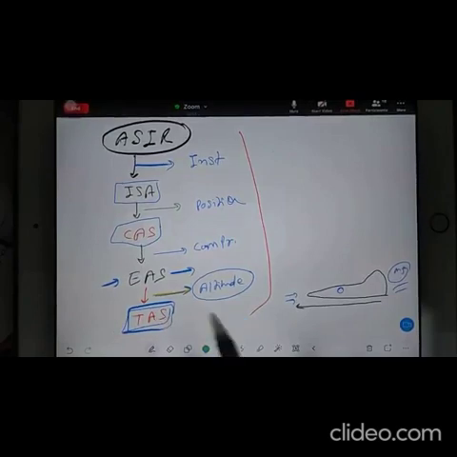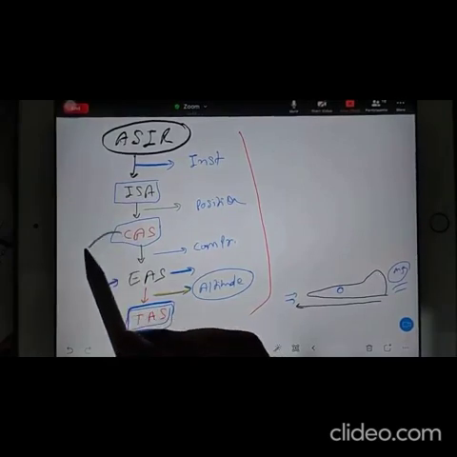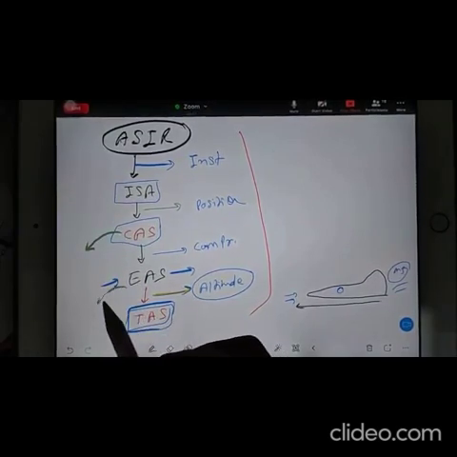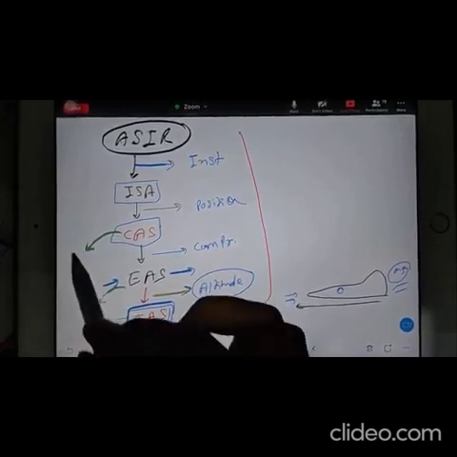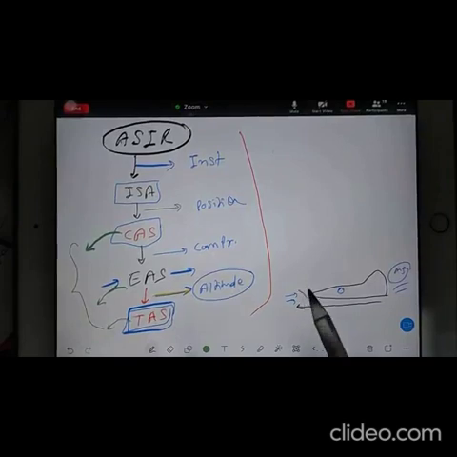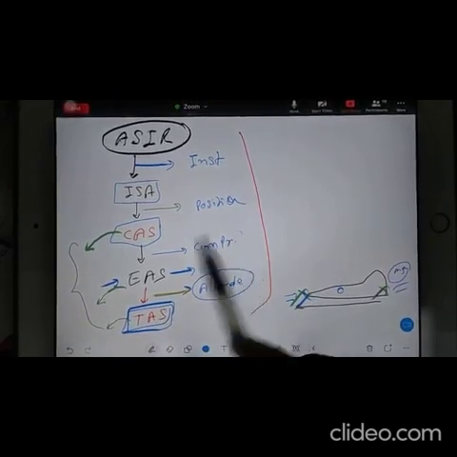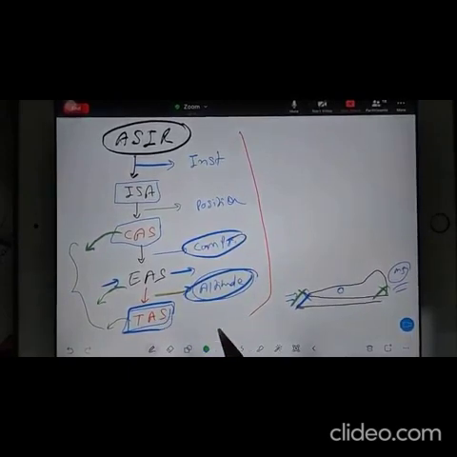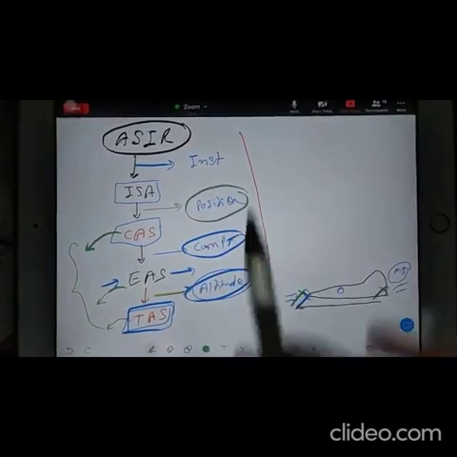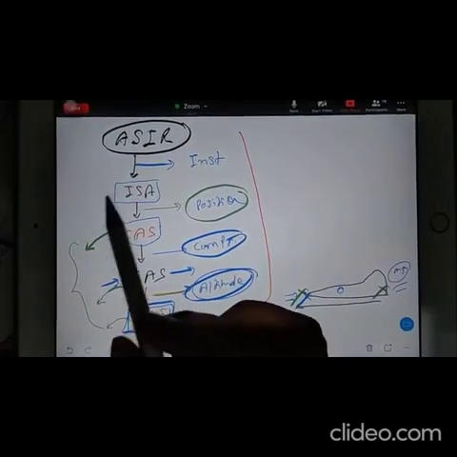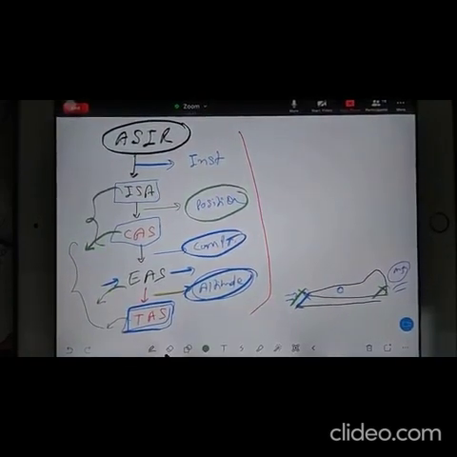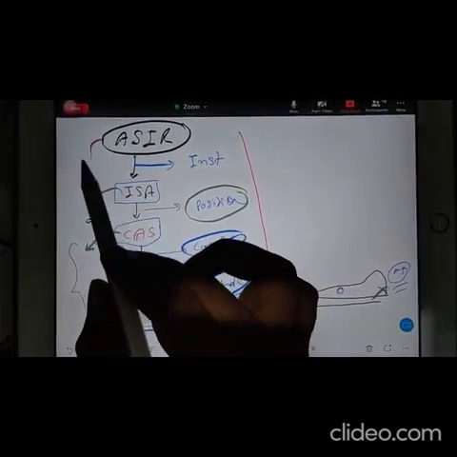So in that case, your calibrated airspeed, equivalent airspeed and true airspeed are all going to be the same, because you don't have a problem with density, you don't have a problem with altitude, so no compressibility, no altitude error. And if your position is also correct, then this will also be the same, because it's all about the reading, correct?